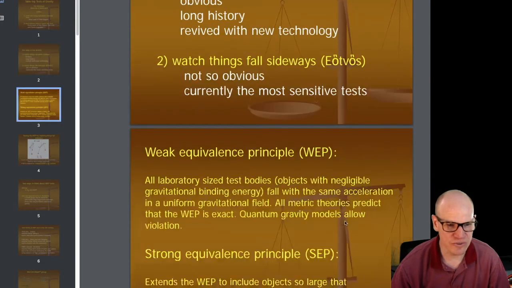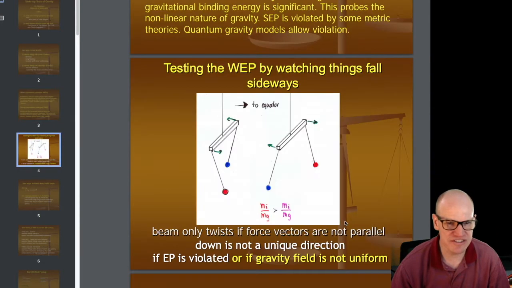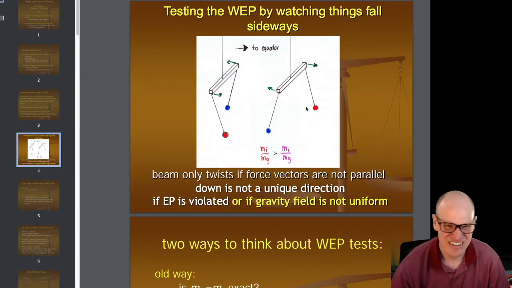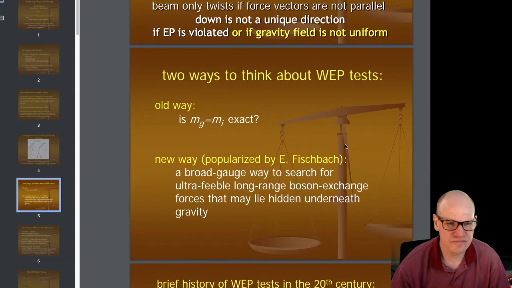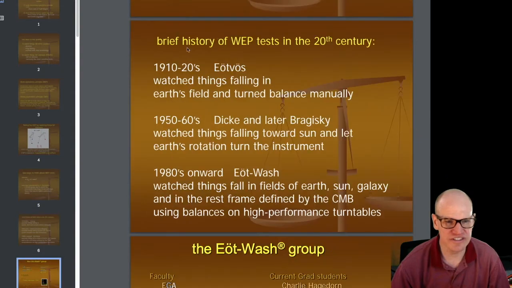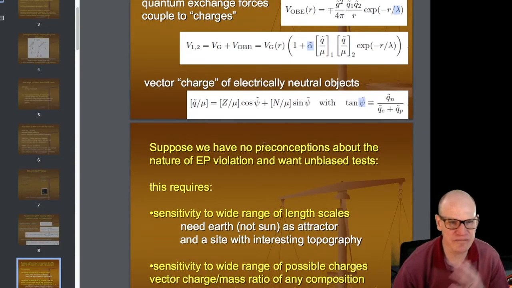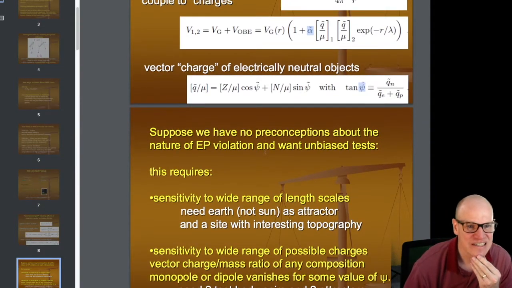All right, let's see. So the weak equivalence principle tests, here's what they have. They have these torsion pendula. They're designed in a particular way. This is kind of an ugly drawing, but it's what they have. And so he describes some of the background of this thing, and you come down here quite a ways, and you look at,